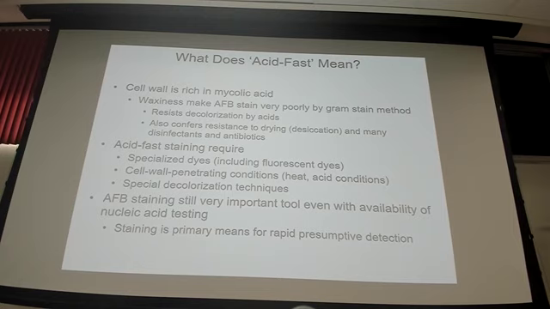But the reason why we go through all this is because we'll show you a testing algorithm, but in terms of diagnostics, we can't replace doing microscopy with PCR. There's a number of pitfalls with PCR. We can do them in conjunction together, but we can't replace it altogether. So we still have to do this. And it's also extremely rapid. You get an answer very quickly. If you find these bacteria in like a sputum smear from somebody you suspect has tuberculosis, it's extremely clinically relevant.